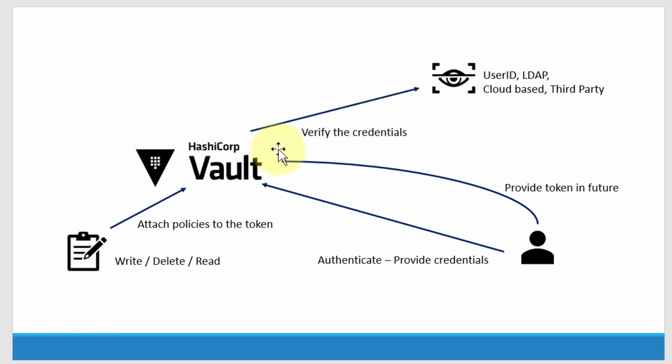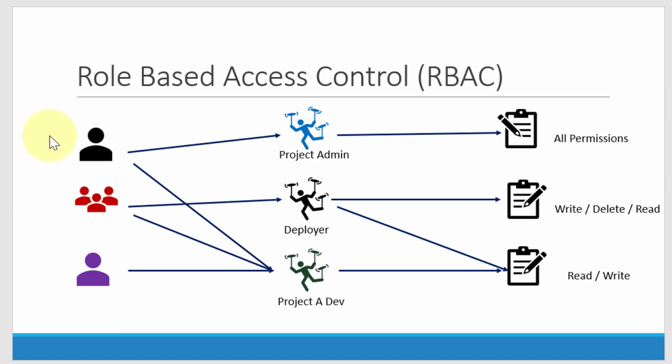Once the user is authenticated, Vault is going to create a token and attach a policy to it. What does that mean? Every policy will have predefined rules, like what are all the permissions they are going to have. And once the policy is attached to the token, it will be provided to the user, and the user can use that specific token in the future. So this is the high-level flow of how authentication and authorization happen within HashiCorp Vault. And we need to have a detailed understanding of how role-based access control plays a role within this particular flow. This we will be seeing in the next lecture.